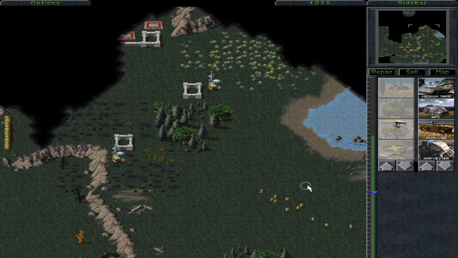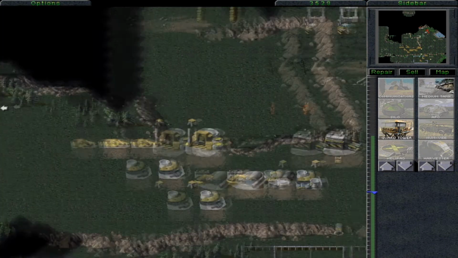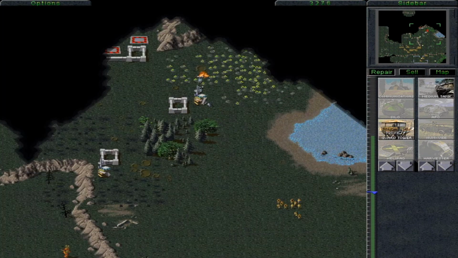One of the big challenges of this mission is actually getting into the Nod base. It requires a lot of sort of micromanagement and intense, I don't even know how to describe it, but intense tasks. Construction